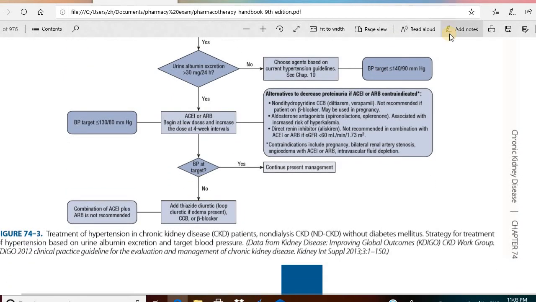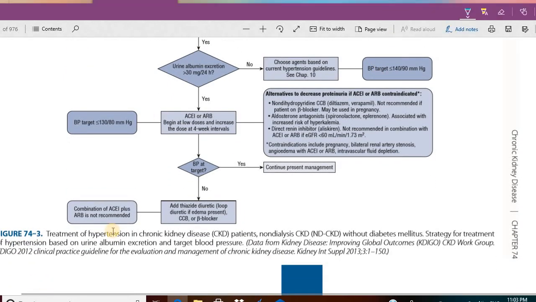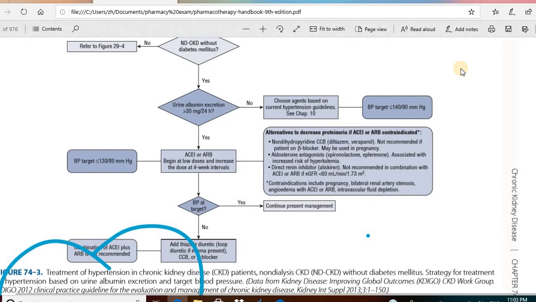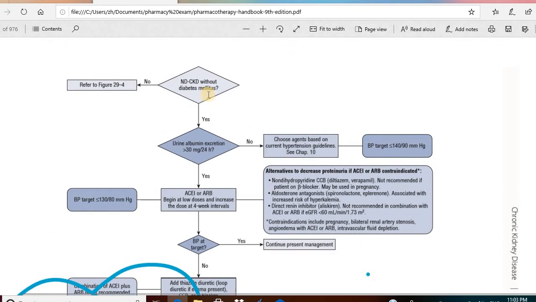This flowchart is explaining treatment of hypertension: kidney disease, non-dialysis, kidney disease without diabetes mellitus, strategy for treatment of hypertension based on the urine albumin excretion and target blood pressure. So according to the albumin level or target blood pressure, we are managing the kidney disease. So if the patient is CKD without diabetes mellitus,